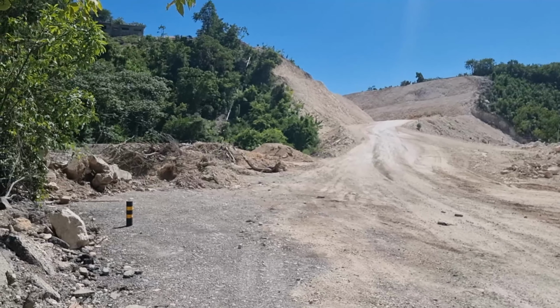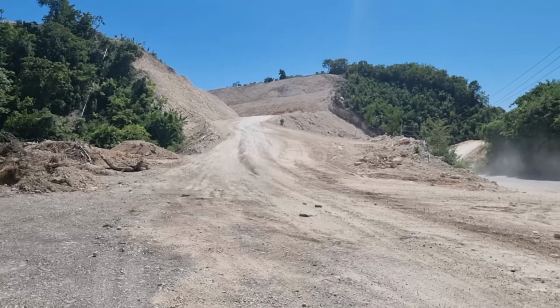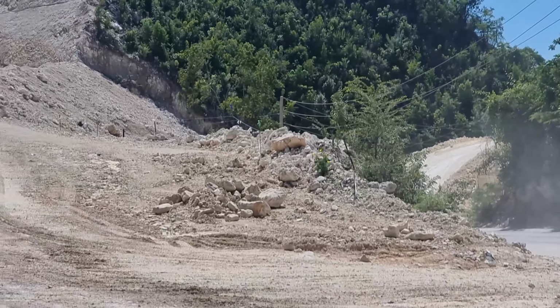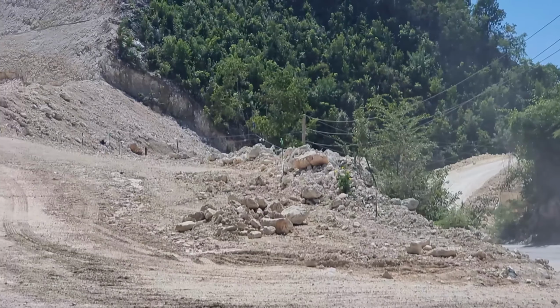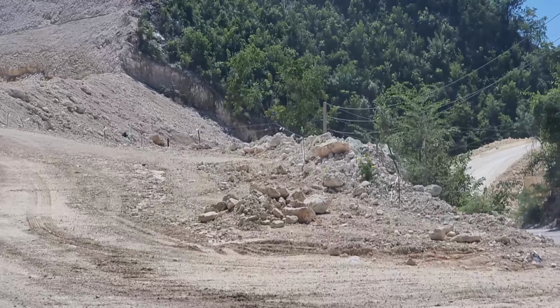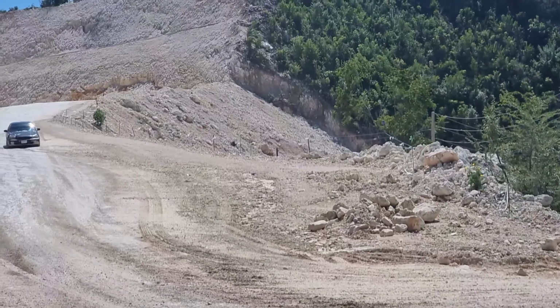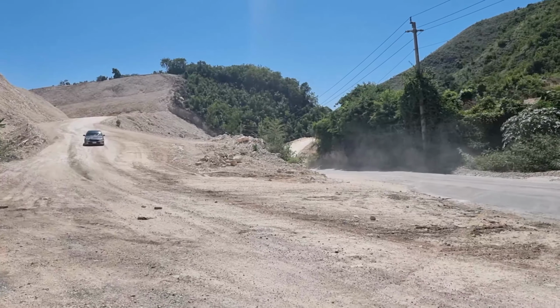Alright, so this is another section right outside of Grand Spen. So I think they may make a bridge right here to cross the existing road, or I'm not sure if they're gonna delete the existing road altogether and make it obsolete. But when I set up the drone, you guys will see it a little better. So right here,